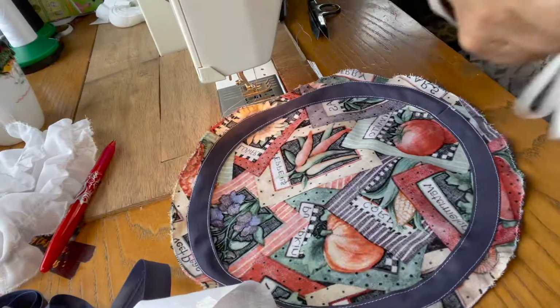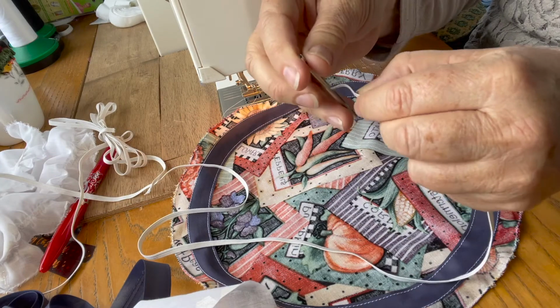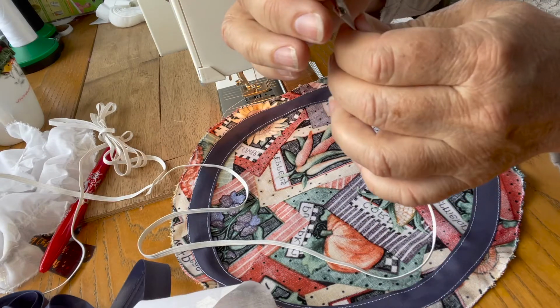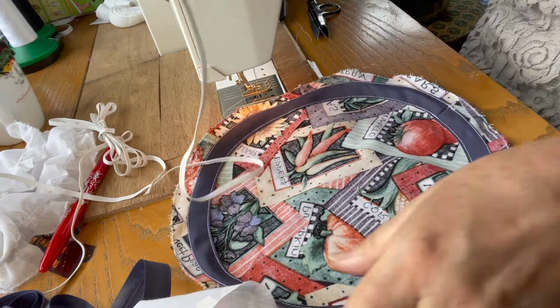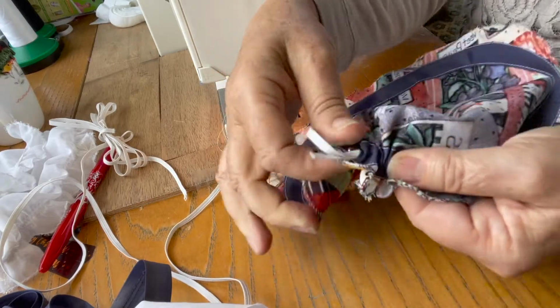I'm going to grab myself a piece of elastic. At this point, don't cut off your elastic, because if it lands up being too short, you'll have to redo it. So what I tend to do is just thread it through my bodkin. Many different types of bodkins. This one you just pull down and it kind of holds it in place. I go to the beginning of my tube and I thread it in, and I keep going